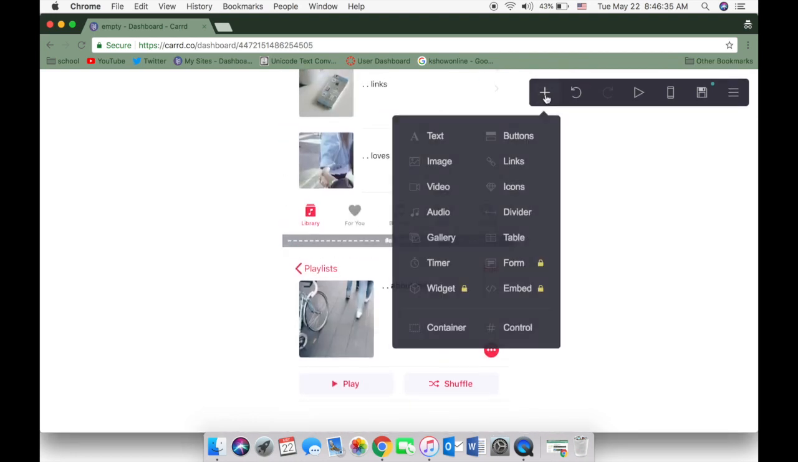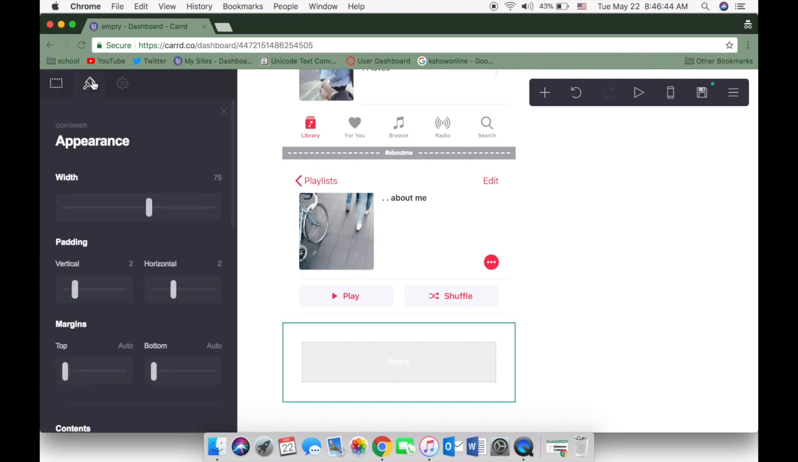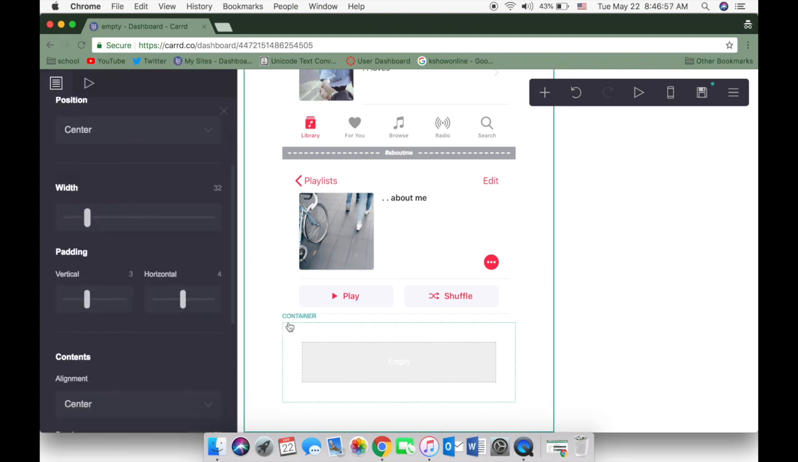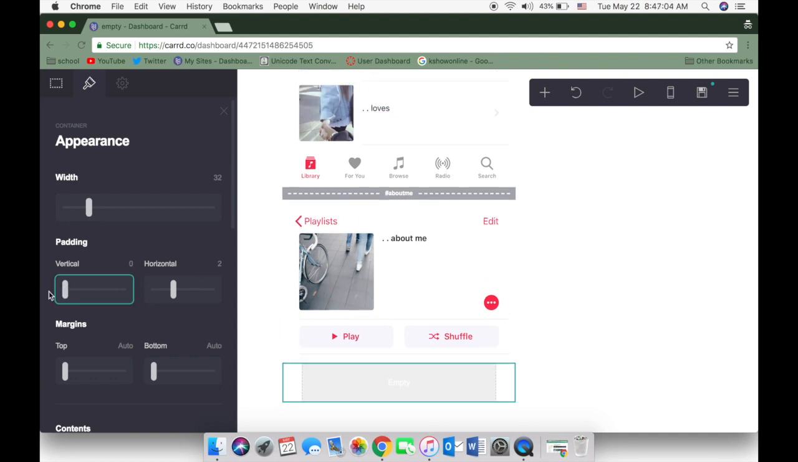And now we have to add text. So you get a container and you make sure it's default. Make sure that it is the same size as your actual main, which is 32, 3, and 4. But then you're going to make sure that this is 2 and 0. And then you're going to add